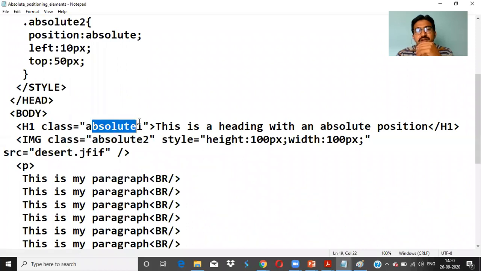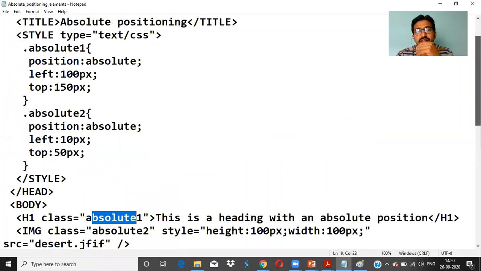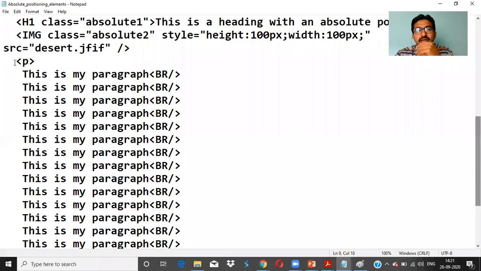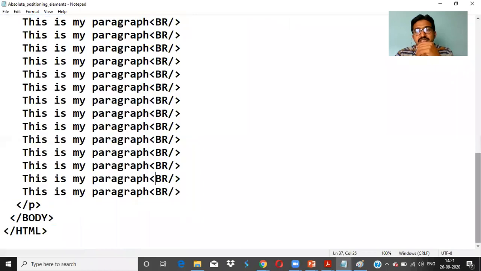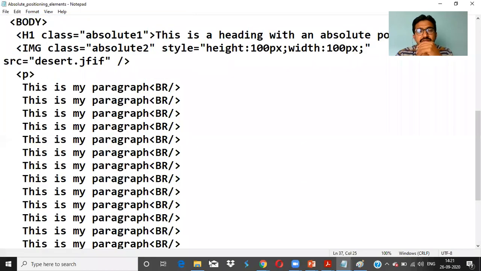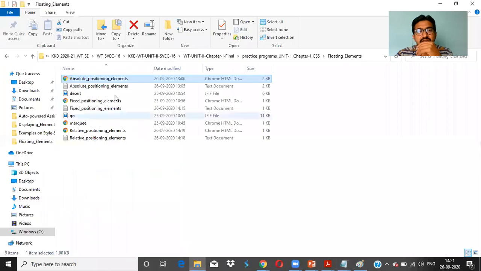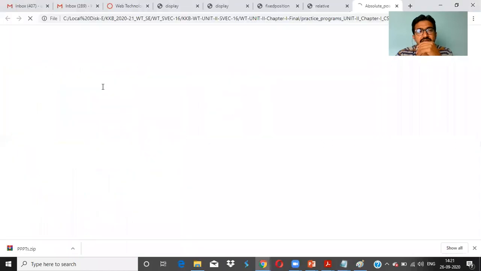But for this absolute one, left position is how much? 150, sorry 100, and top value is 150. Now again, without applying any classes, without applying any position, I'm just displaying this is my paragraph, like this a 15 lines of text I'm displaying. Now see that, I'll run the program so that you can understand clearly.